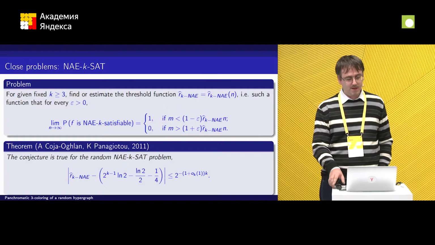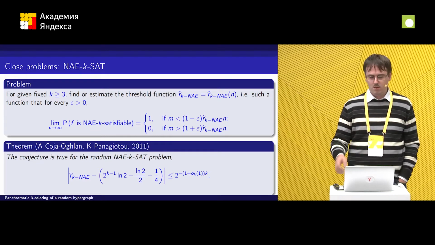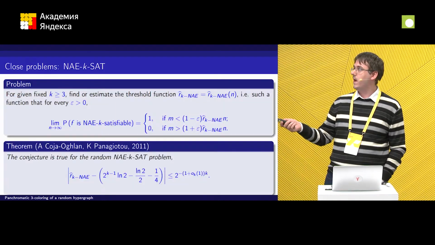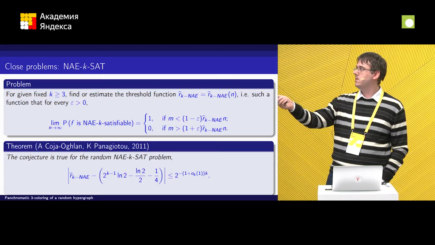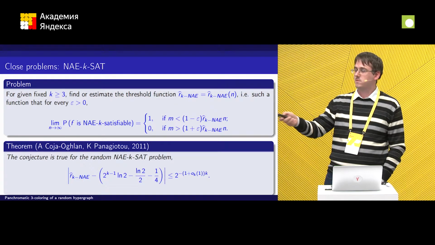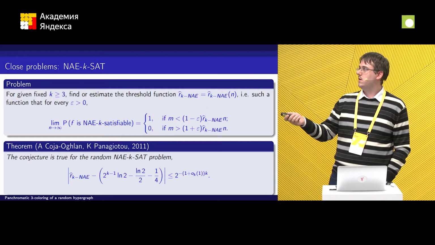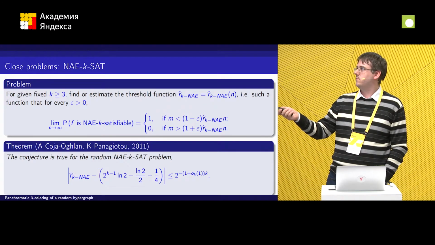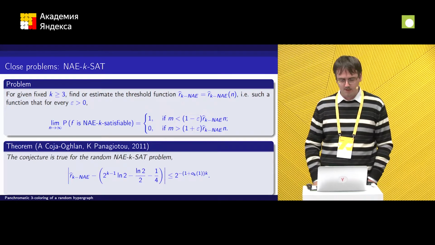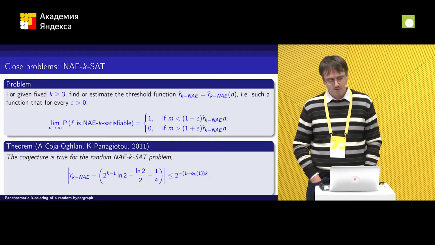And we are interested in estimating the threshold function, for which we have the following. Recall that m is the number of clauses here. If m is greater than 1 plus epsilon times this threshold times n, then the limit probability is 0, and so the function is almost surely not all-equal k-satisfiable. And the limit probability is equal to 1 if m is less than 1 minus epsilon times this r hat times n. So we want to estimate this threshold function, and Coja-Oghlan and Panagiotou in 2011 proved that the conjecture